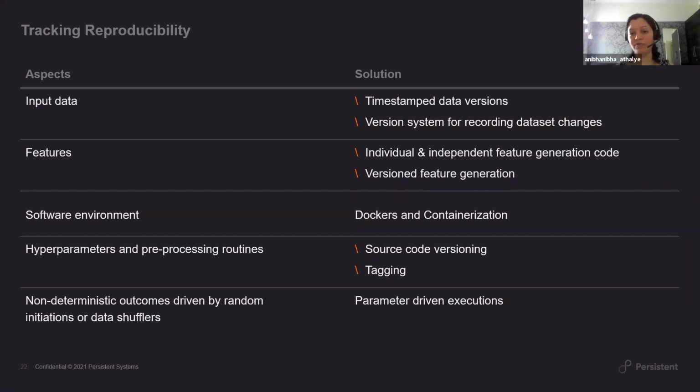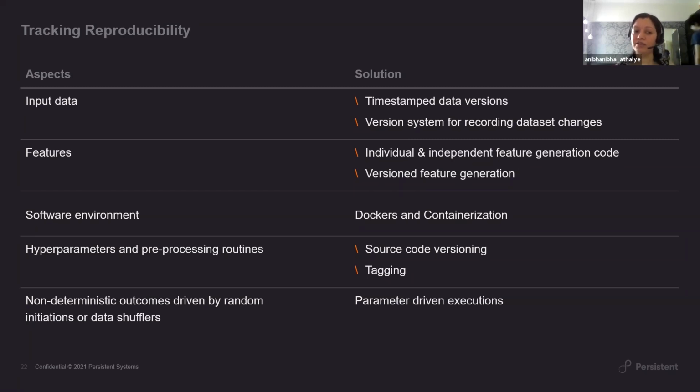Slightly advanced topic for this, but very, very important when we look at industrial AI ML, and also reproducibility, or accelerated machine learning development, wherein you are able to create new features, version them, and then when you reproduce, you are looking at a specific version of that feature that was used to create that experiment.